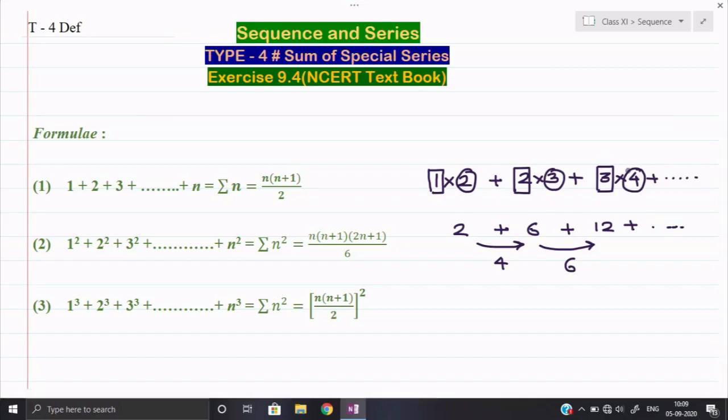So basically they have multiplied two APs and they are asking us to find the sum up till n terms of the resultant sequence. The sum of the resultant sequence we cannot find directly. We can find the nth term of the given sequence with the help of the fundamentals of AP, and then we can proceed to find the sum. After making the nth term, when we are finding the sum, we require these three formulas: formula number 1, 2 and 3. Now I will explain briefly what these formulas say.